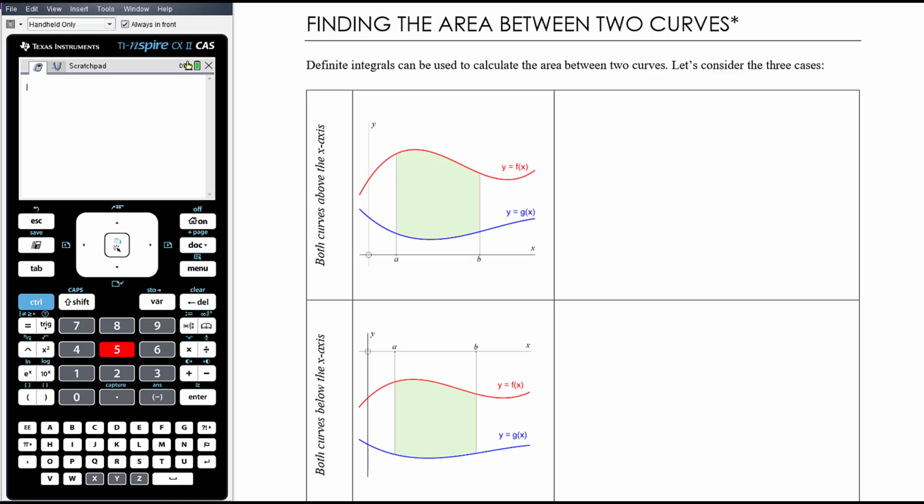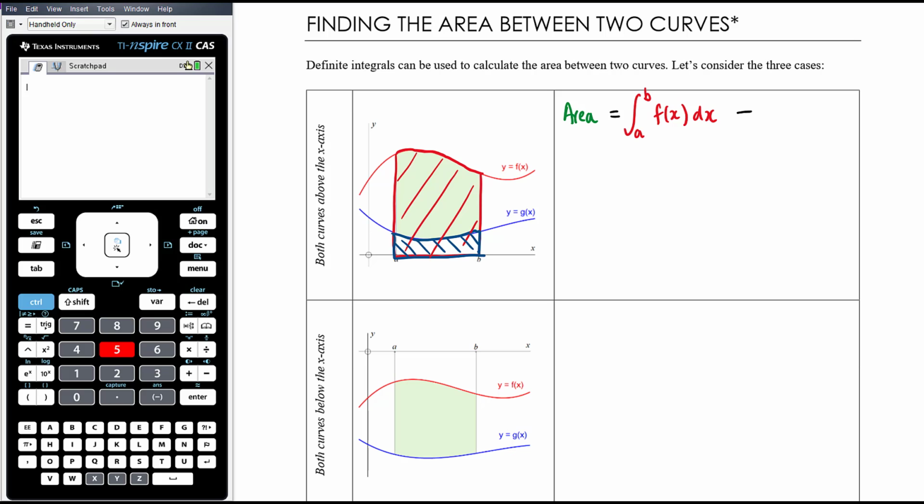So if we wanted to find this green area in here, the best way for us to do that would be to find this red area there, and then take away this blue area down here. Okay, so if we could find the total red area and then subtract the blue area, that would give us the green area. So the green area is going to be equal to the red area, which is the integral from a to b of f of x with respect to x,